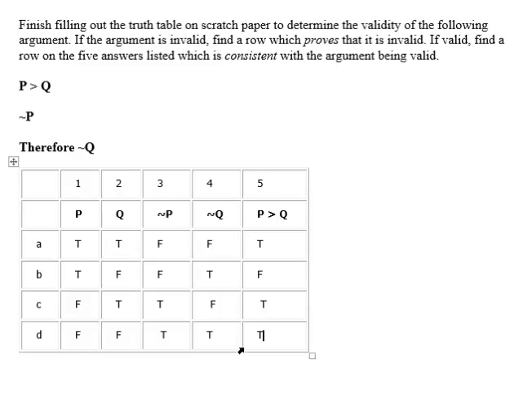How do we know that? Well, row C shows us. Because here the first premise is true, the second premise is true, but the conclusion, not Q, right over here, is false. So row C demonstrates that this